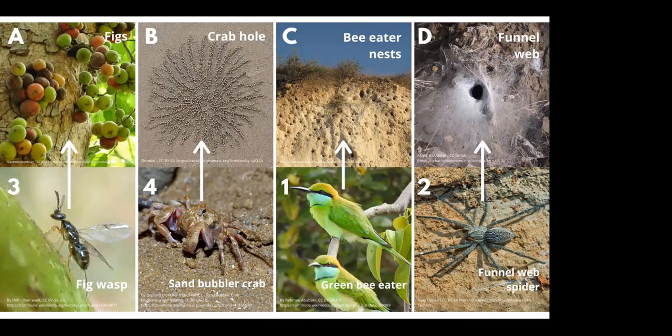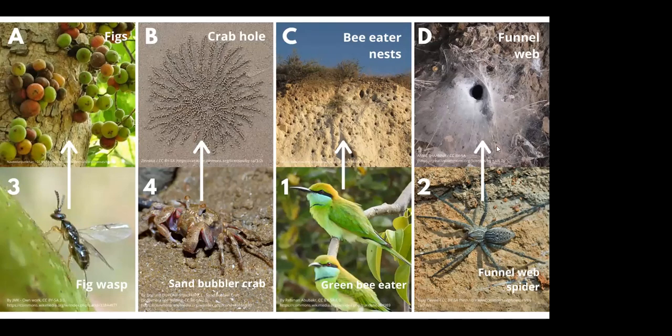The third one, C, is a green bee eater nest. You can see these birds, they often mate for life. So two of them live together in one hole, and that's where they lay their eggs. And they dig these holes in sides of cliffs where there's a vertical surface and there's mud. They dig this hole and then they go and lay their eggs in it. And bee eaters, the larger family of birds, often do this in a big group. So you'll maybe see like 20 to 30, maybe even more bee eater nests in one place. So next time you see holes on a cliffside, you have an idea of what to look for.